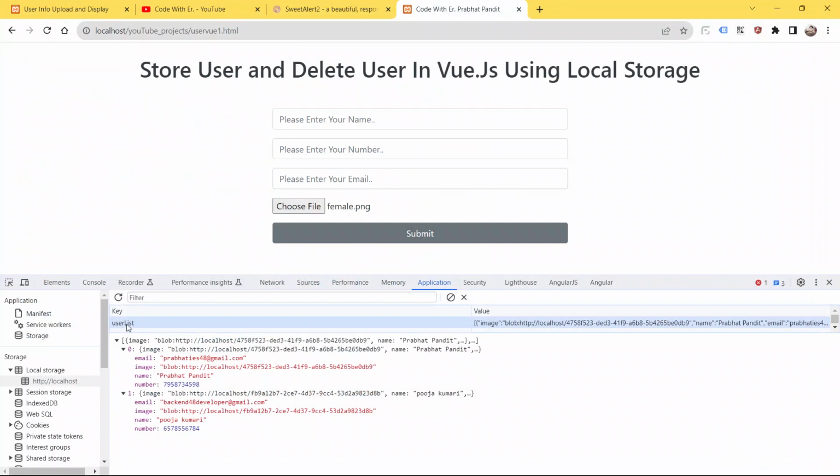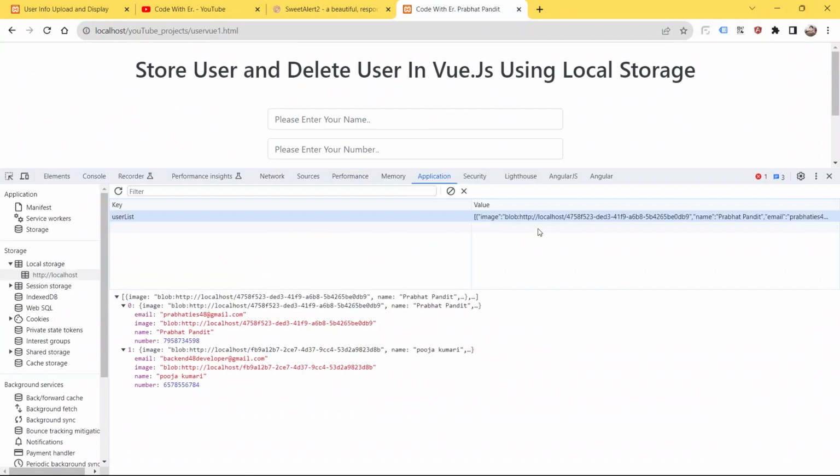Whenever you are about to access this value from the local storage, always remember, let me just enlarge this, you have to use this key. Only then will you be able to access this value, because this value is associated with the user list key. Only using this user list key can you grab this value from the local storage.